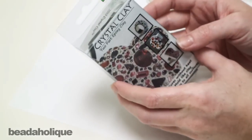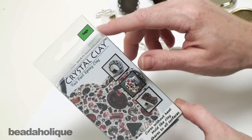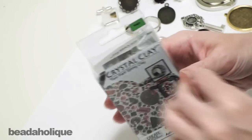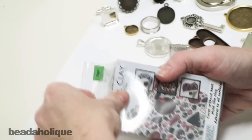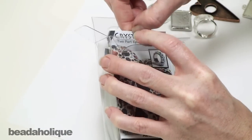Today I want to show you how to use crystal clay, which is a two-part epoxy clay. When it arrives to you, it's going to arrive in a package like this. It'll show the color up top. It actually comes in 18 different colors, wide range of pinks, blues, purples, browns, anything you might need for your creative uses. When you first open it up,